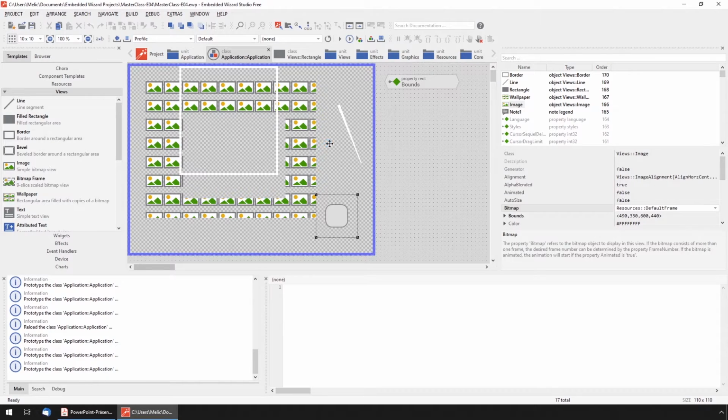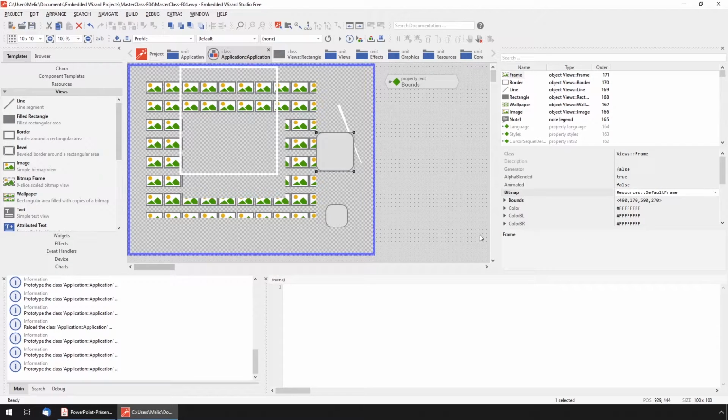Then we have the bitmap frame. This is something which is also very nice to use. These are so-called 9 sliced bitmaps. So in fact, this bitmap that you are seeing here inside image is the source. However, when it is used inside this bitmap frame, then the bitmap frame uses that source bitmap and divides it into 9 parts. We have a part that belongs to the top left corner, a part that belongs to the top right corner, to the bottom right corner, to the bottom left corner,